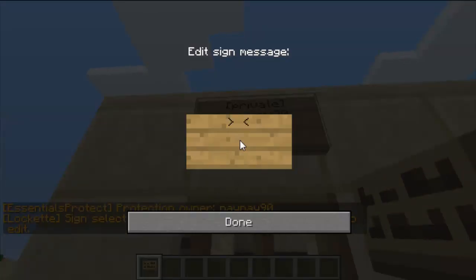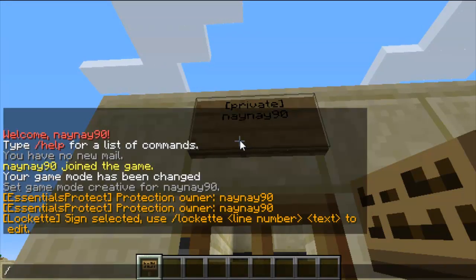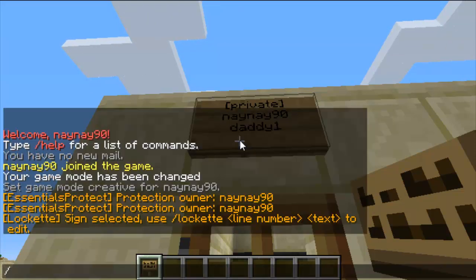If you right click the sign to select it, then you can do /Lockette, then the line number, so the line number would be 3, and then you write your text, so you can add another player's name. So I'll put Daddy1 for instance. So now us two would both be able to use the door, and I could add a 4th player with 4,